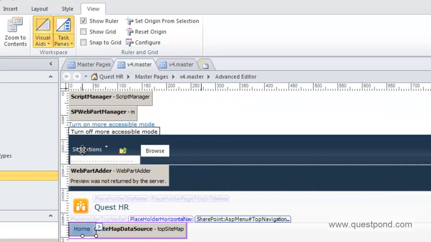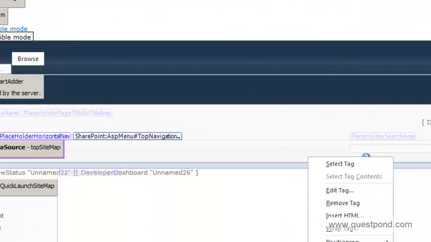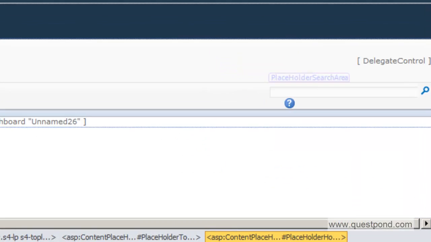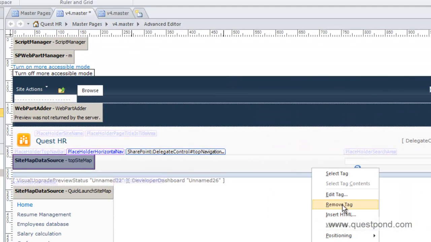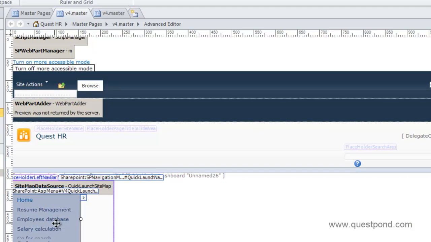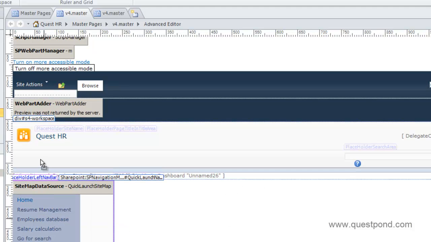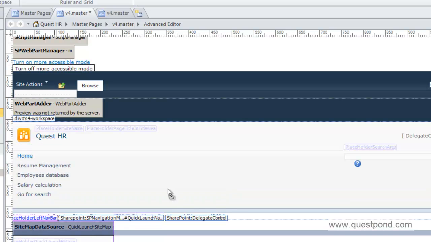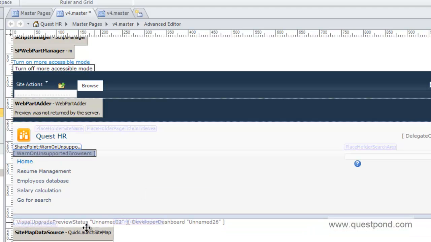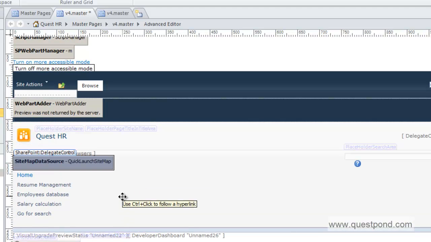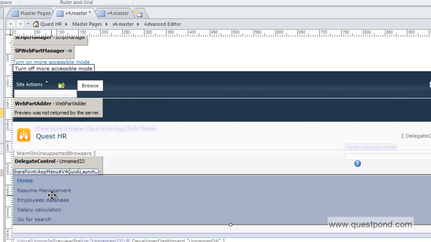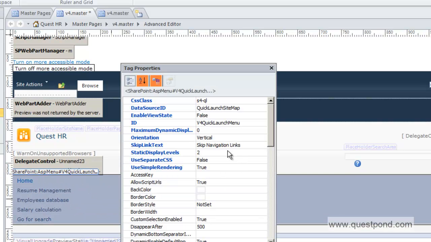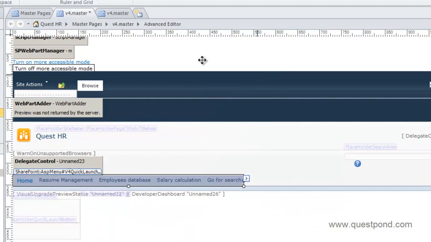So let's select the top bar, the top menu, and let's remove it. That's the first step we'll do. Remove this tag, remove tag. Now the next step is we would like to move this menu to the top bar. So let's move it. And also I would like to move this sitemap to the side. So sitemap, there it goes. And I would like to flatten this menu because this will look very odd. So I'm going to say that the orientation is horizontal, and let me save this, save yes, and